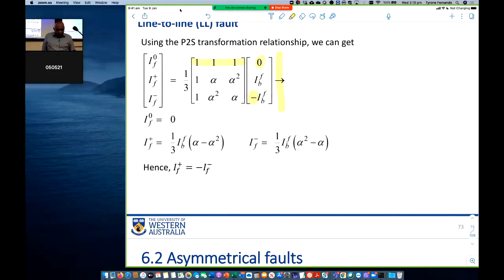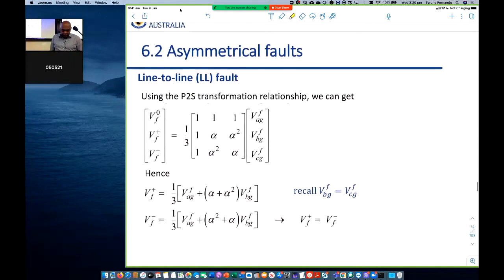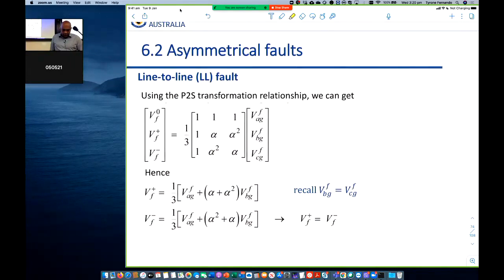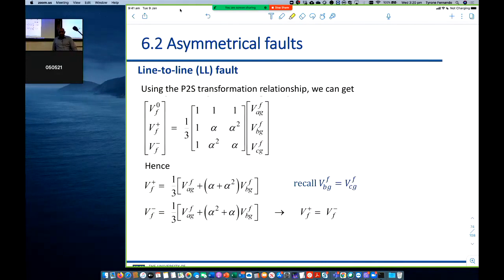So IF plus is the second row multiplied by the column, which gives us this expression. IF minus is the third row multiplied by this column. So we can easily see then that the positive sequence current is related to the negative sequence current through a multiplication of minus 1, right? Right. So here we try to relate the zero sequence voltages to the phase voltages, again related through matrix A